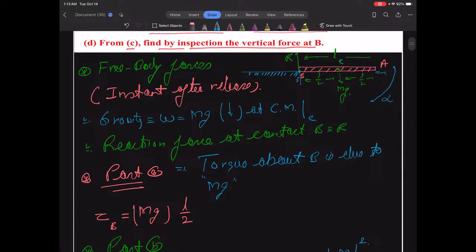But the rod is going to pivot about our point B,